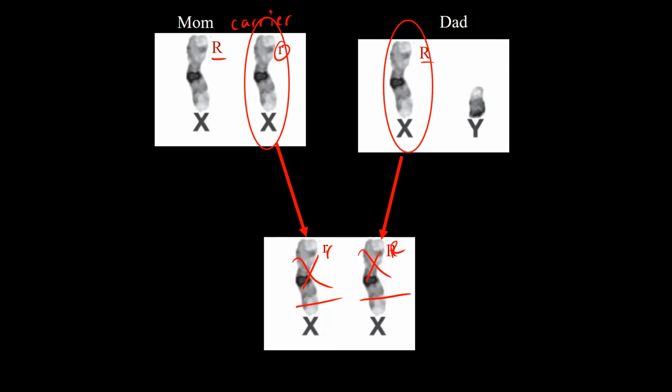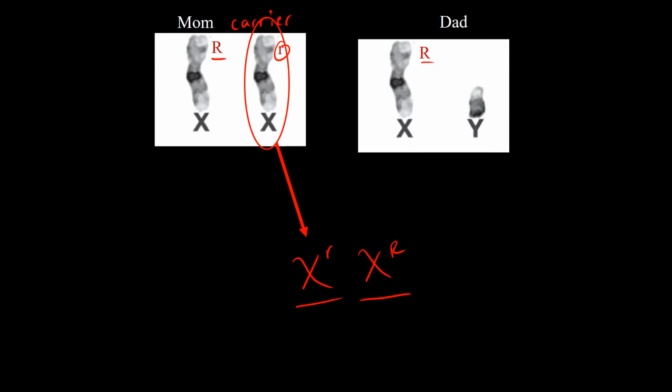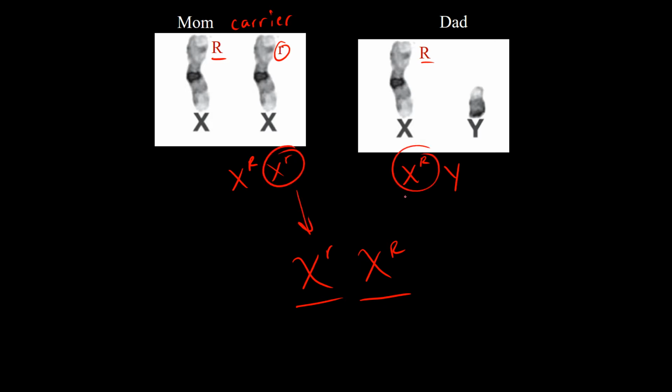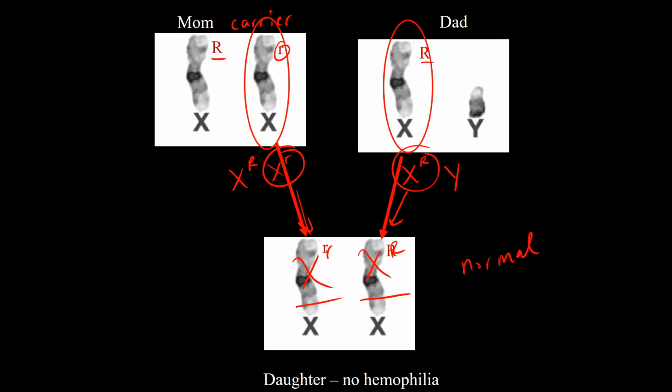Okay. So I do want you to write this, okay? So you can do it like this. If you go X big R, X little r, and then X big R, Y. And so if they have a daughter, let's say mom gives this one, and dad gives this one, okay? And so this daughter does not have hemophilia. This daughter has normal blood clotting, okay? However,